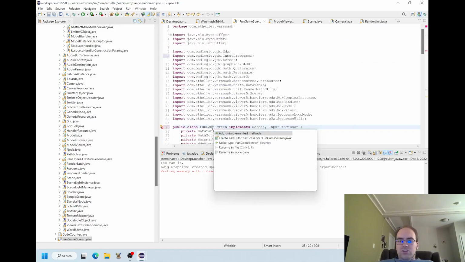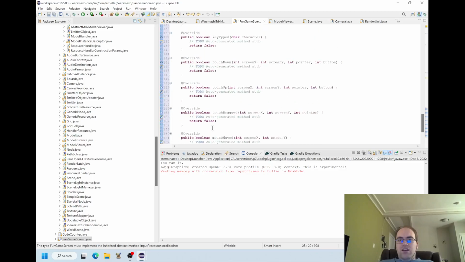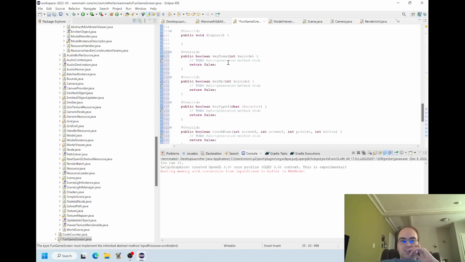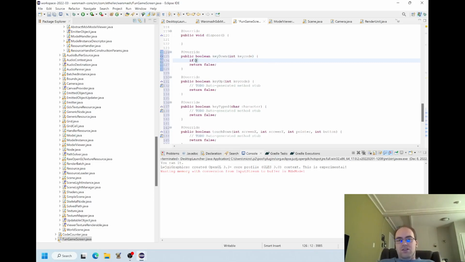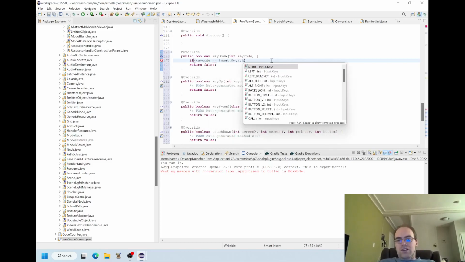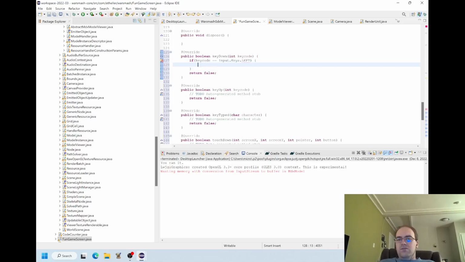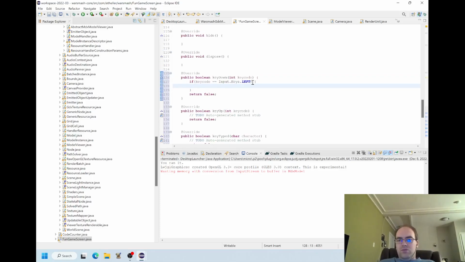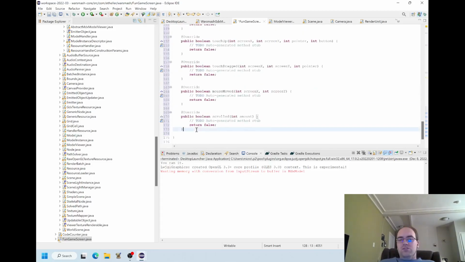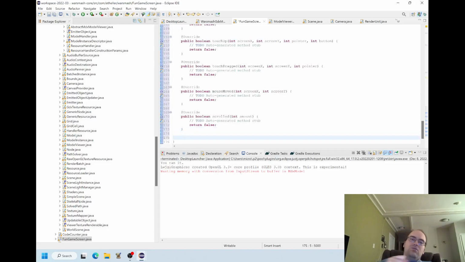And then if I auto-generate the input methods from that, now we have all these functions for like key up and key down and touch down and touch up. So basically, if I press key down and if key code equals input.keys.left, then we're gonna set like basically like the player movement. So essentially my thought is you're gonna be able to move the player left and right, kind of like